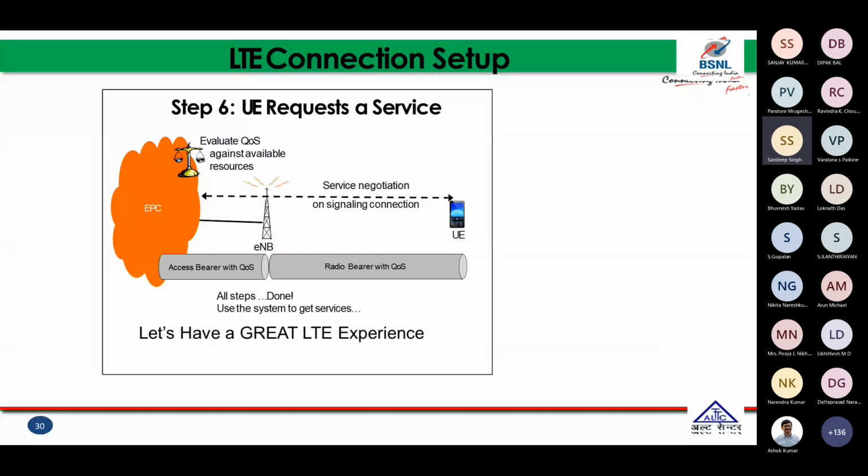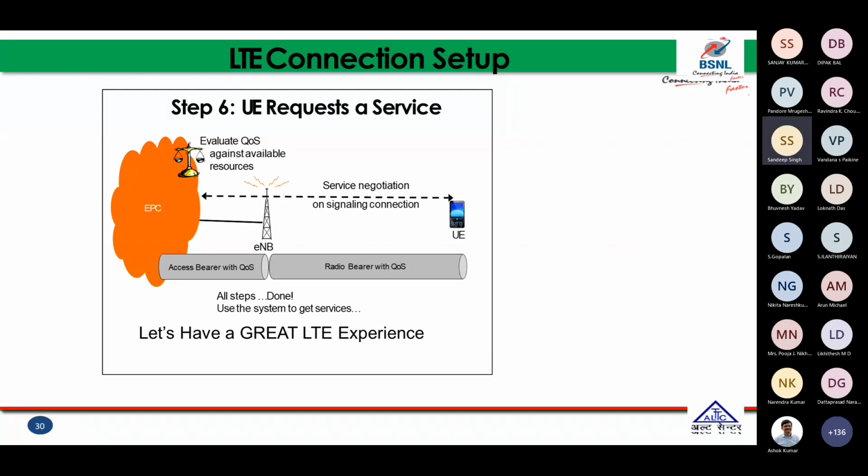And step 6, when UE requests a service, UE requests a service means UE wants a dedicated EPS bearer. Other than the default, more than one bearer can be connected between the UE and EPC. First, at the time of attach, a default EPS bearer is created. After creating that default EPS bearer, the UE may want to request a dedicated bearer with some other